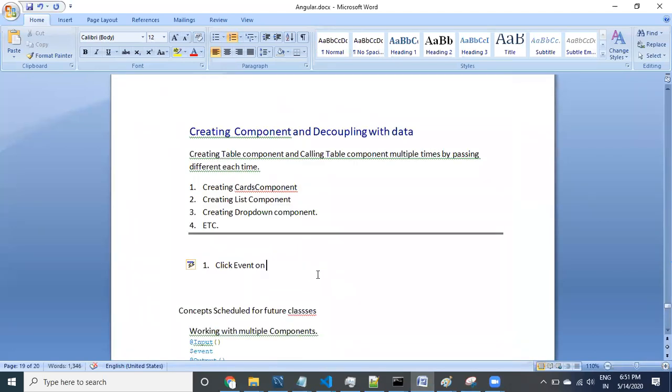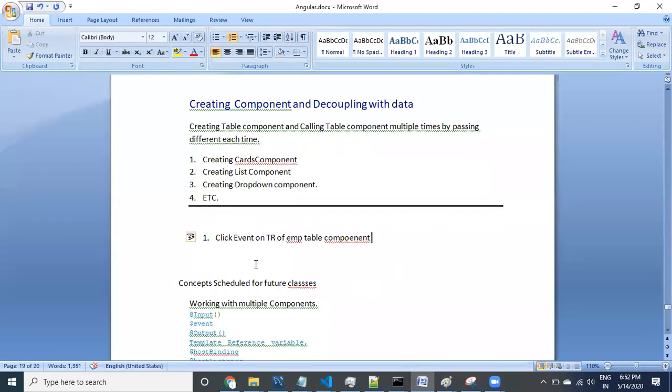Make it a click event on TR of the employee table component. I have taken the click event. So on the click event, I have applied one method. What is the event, guys? Click event. We are applying it on TR of the employee table component. So what is the code for that?